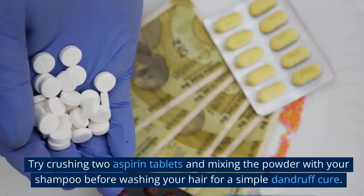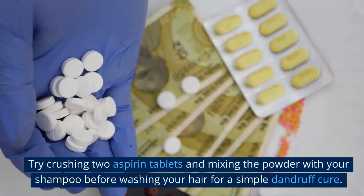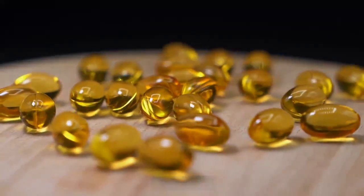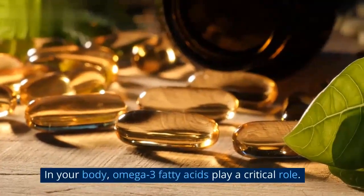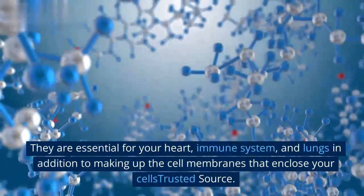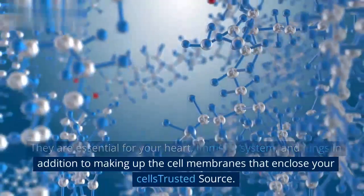Try crushing 2 aspirin tablets and mixing the powder with your shampoo before washing your hair for a simple dandruff cure. 7. Omega-3. In your body, omega-3 fatty acids play a critical role. They are essential for your heart, immune system, and lungs in addition to making up the cell membranes that enclose